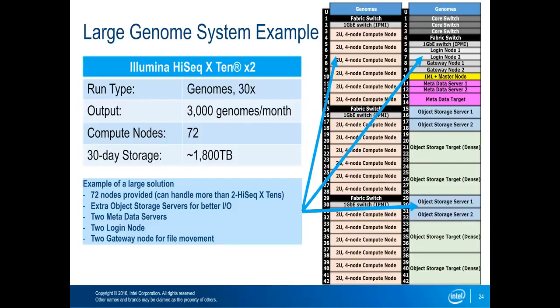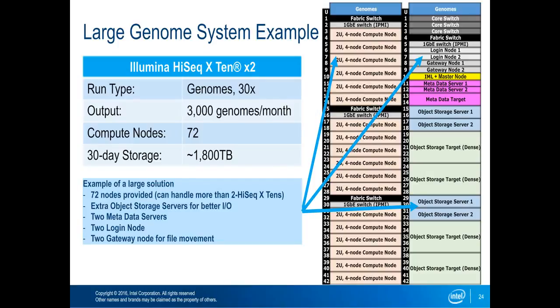Now I'll talk about these systems more specifically in a minute. But basically, these are generic systems, right? I'm not specifying the OEM, in other words, the hardware vendor. I'm not being specific about what the actual storage configuration is, because it would take way too much time in this webinar to cover all of those details.